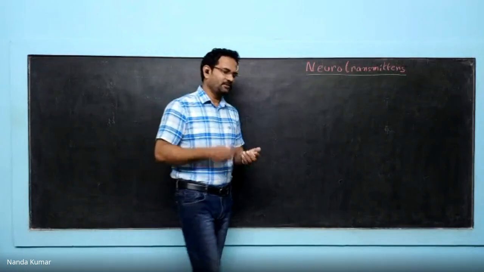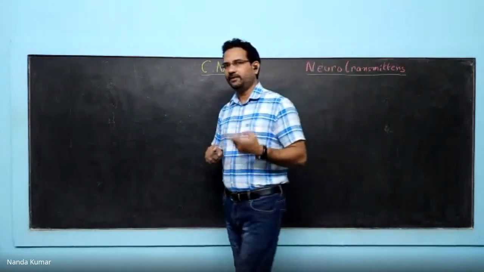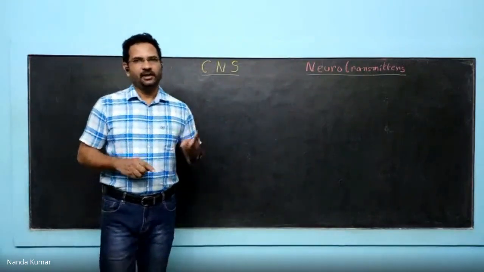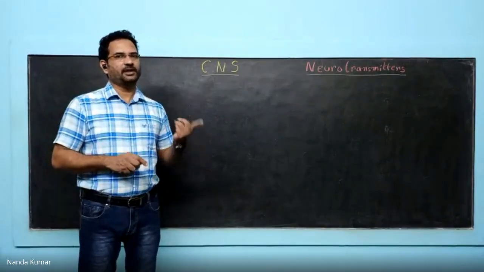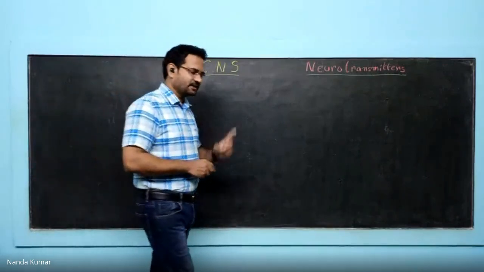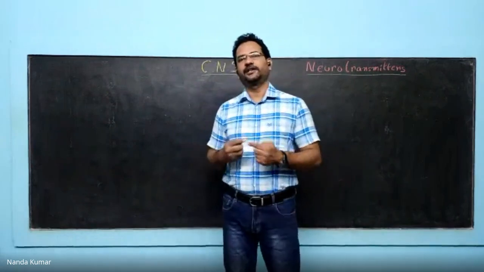After that, I have explained the layers which cover our brain. Meninges is made up of three layers: dura mater, arachnoid mater, and pia mater. The space between dura and arachnoid is known as the subdural space. The space between arachnoid and pia mater is known as the subarachnoid space. The importance of the subarachnoid space is that cerebrospinal fluid circulates in it.